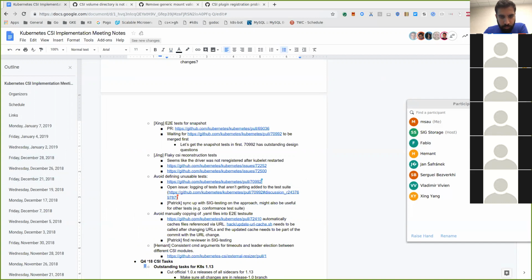The rest of these, let's see, these two items I think are Patrick's items. He's doing a bunch of refactoring, and this is all part of that. And then Hamat, you added an item. Yeah, just a small one. I'm seeing the leader election arguments timeout. So should we standardize on the command line tunables that each of these external components accept? I could copy what external attacher does, and that's what I was thinking. But yeah, I think it would make sense to have common